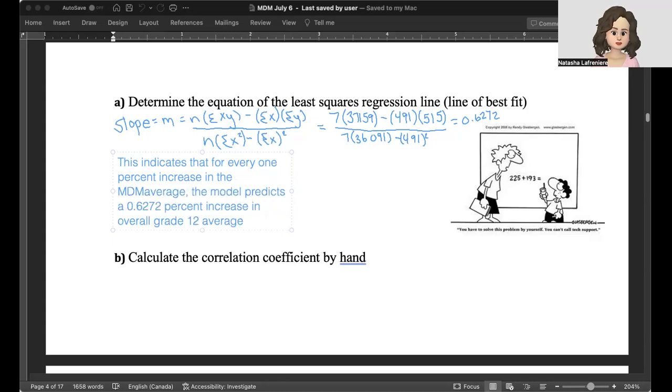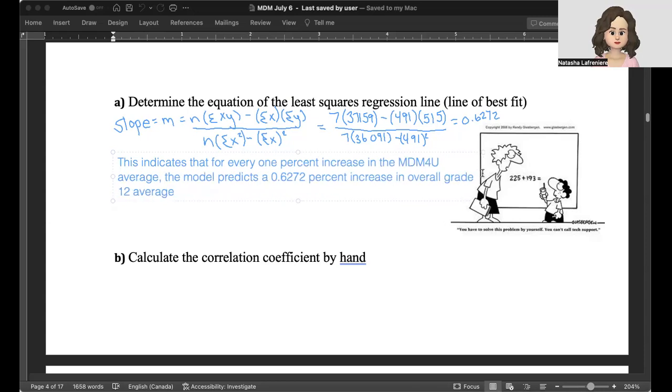I'm going to just fix this up real quick. Okay. So that's our slope. And then we've got to find our y-intercept. So for our y-intercept, you have to find the sum of x over n. So this is 491 over 7, which is 70.14. If you throw it into the calculator,